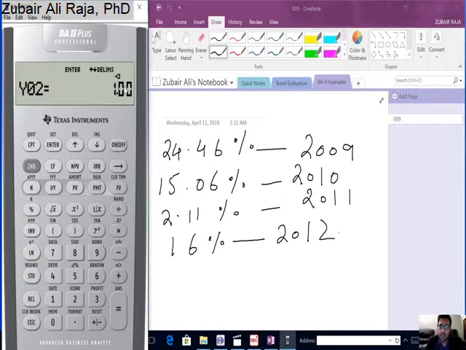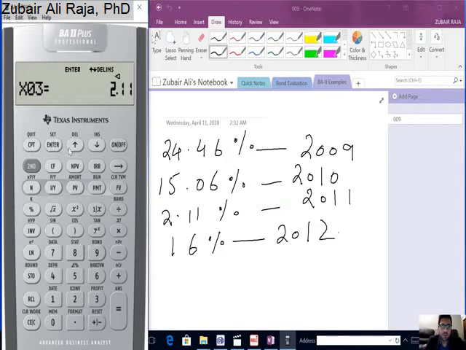Again, there is no second variable and we are not interested in putting any value for the second variable. So again we will press another down arrow and now enter the third value of the variable of interest. Over here it is